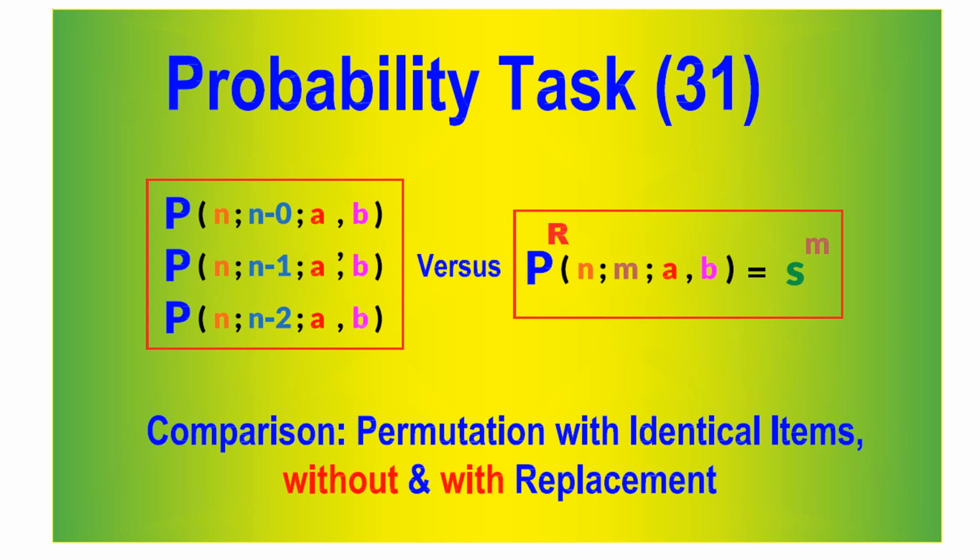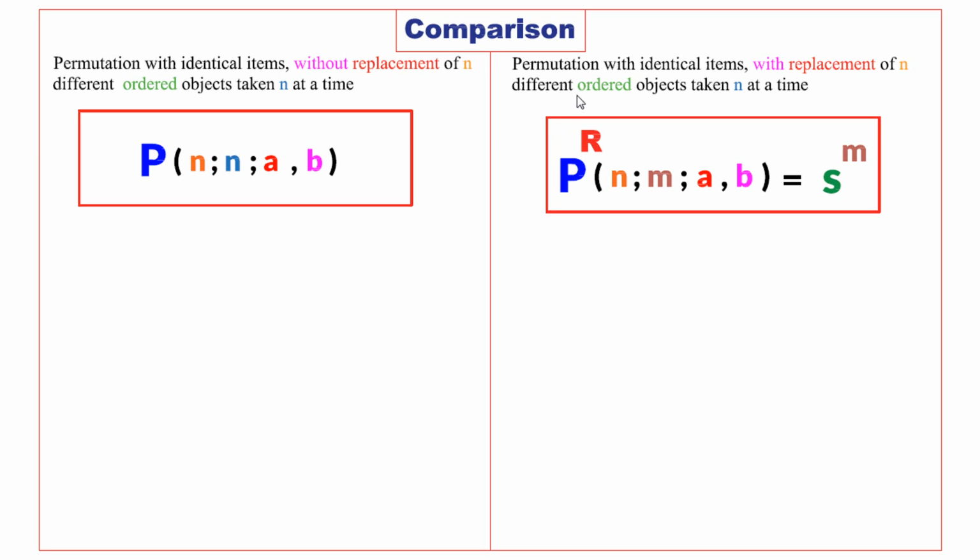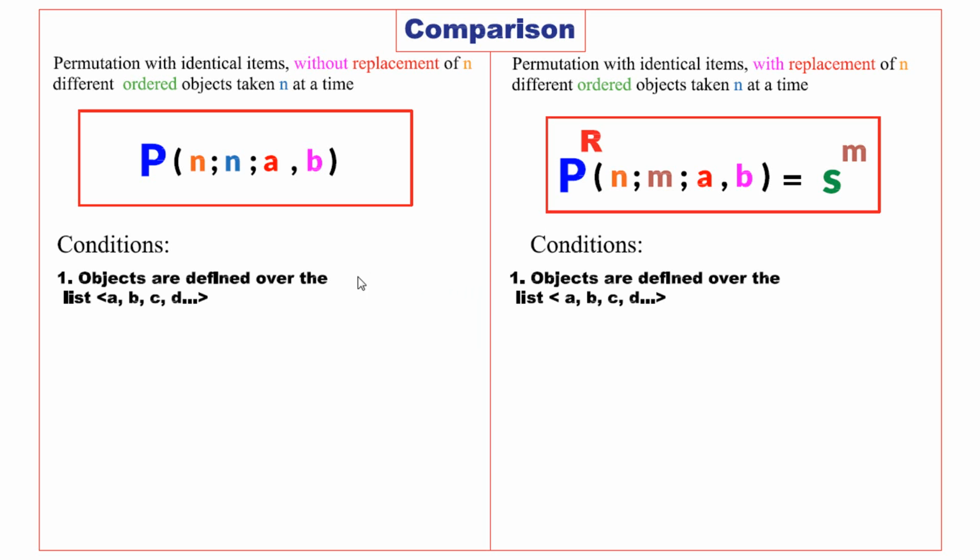In this video, we will study comparison between permutation with identical items with and without replacement. So let us see the difference between permutation without replacement of n objects taken n at a time and permutation with replacement of n objects taken m at a time. Both of them are defined over a list of identical items A, B, C, and D, etc. and both generate ordered sequences,